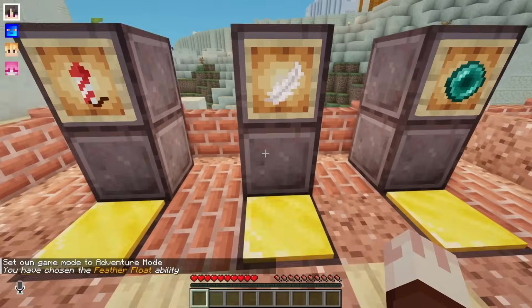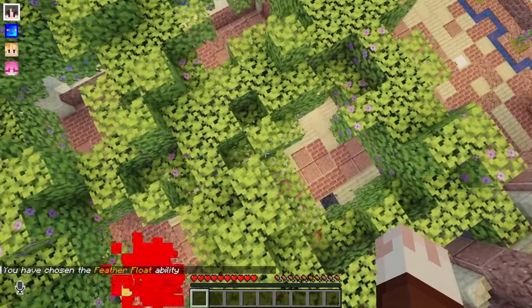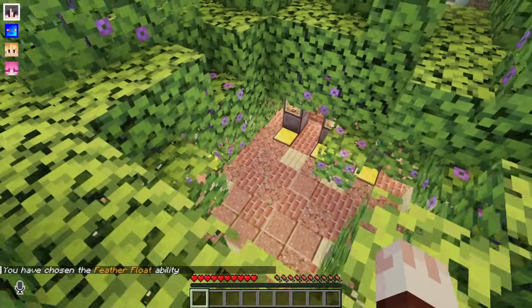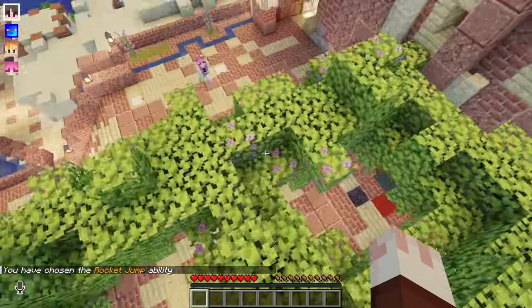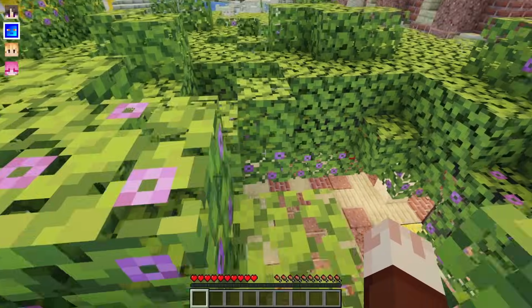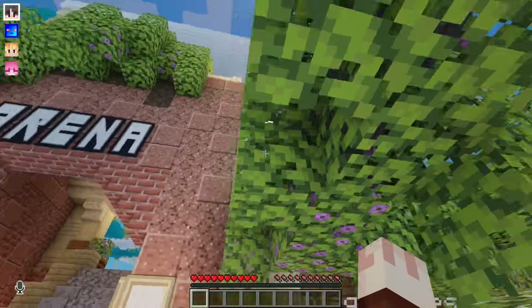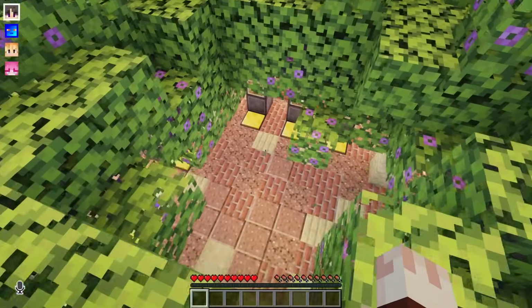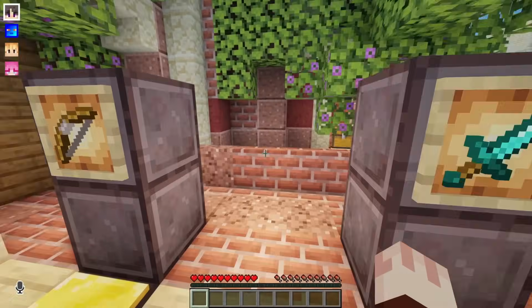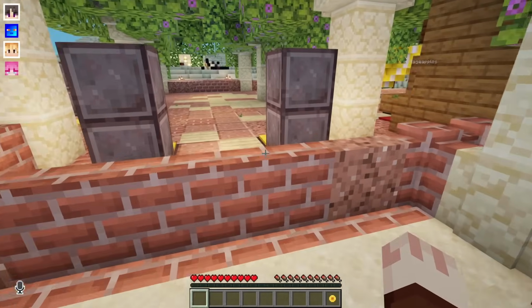Feather float is kind of like Fox and Falco's up B, where they kind of charge up and it's really slow, but it makes you go a far distance. And then rocket jump is probably more like, who would rocket jump be like? I'm thinking Marth. Marth, yeah. So it can kill you, but if you know how to wield it, it's really good. All right. So now that everyone's picked their classes, I'm gonna quickly grab the arena token,